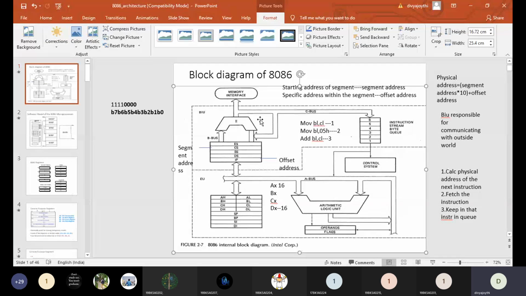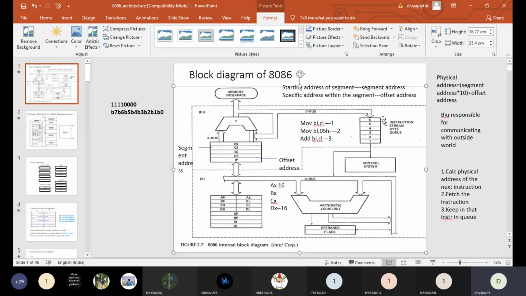See here, the BIU of 8086 can carry 16 bits at a time per cycle. So if there is space for 8 bits and it goes and fetches the instruction for 8 bits, it has to go again to the memory to fetch the remaining instruction. That means to fill up this 1 byte, it has to move to the memory 2 times, because it can carry 16 bits at a time but here there is space for only 8 bits. So the 8086 BIU will wait for the next byte of the queue to become free.